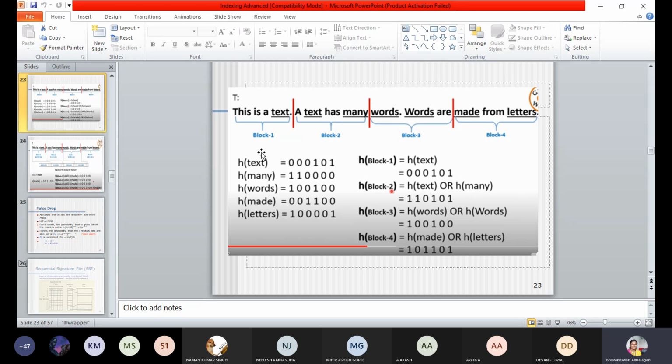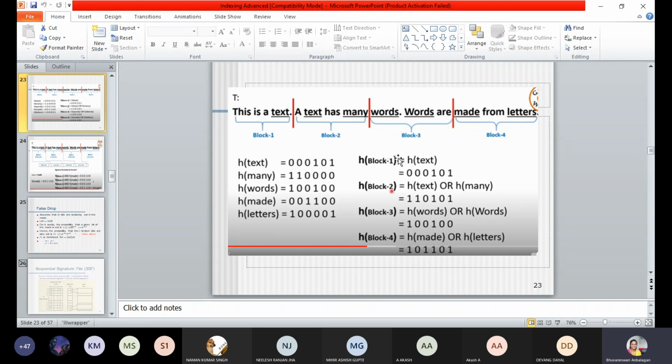Okay, so now using these hash values which are available for a word, we will create a hash value for the entire block. But the thing is, the connecting words will not be considered. Only for text you will be applying the hash value. So how to compute the block value for each block?